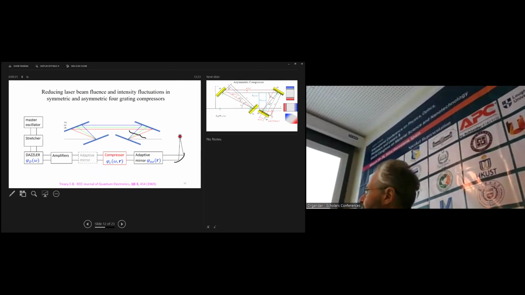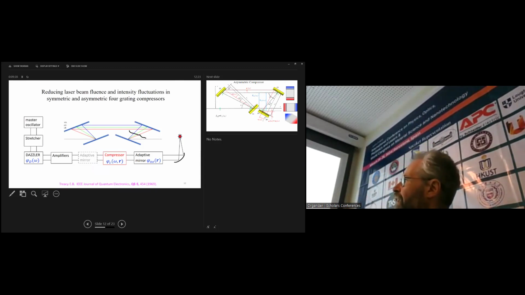a fresh result. The general concept of 99.9% of high power femtosecond lasers is here. So we start from a master oscillator with the stretcher, with amplifier, compressor, like here. And we use 2 special devices. One of them is adaptive optics, an adaptive mirror, to fix the wave plane, to make the wavefront